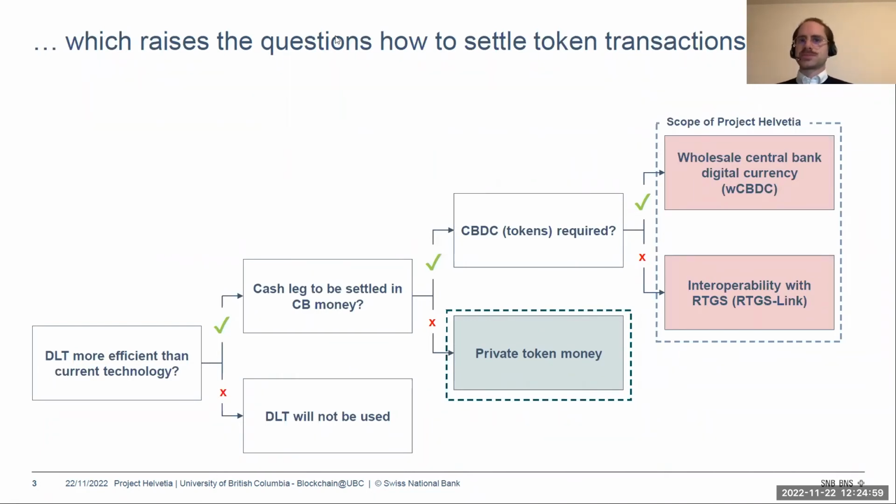To begin with, and this is a very general question, what if DLT is more efficient than the current technology of the financial market infrastructure? If this is not the case, DLT will not be used. However, if DLT was the more efficient technology, and this is a question that I do not have the answer to just yet,